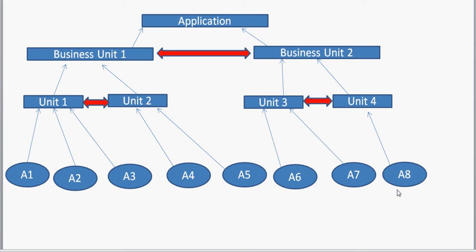So what happens is you are testing each component individually. So you are doing component testing from A1 to A8, and then unit 1 and unit 2 are integrated. So here the integration testing happens. In the same way, for business unit 1 and business unit 2, the integration testing happens, and then you do the system testing of the whole application. So this is the basic flow chart diagram just to give an idea where component testing